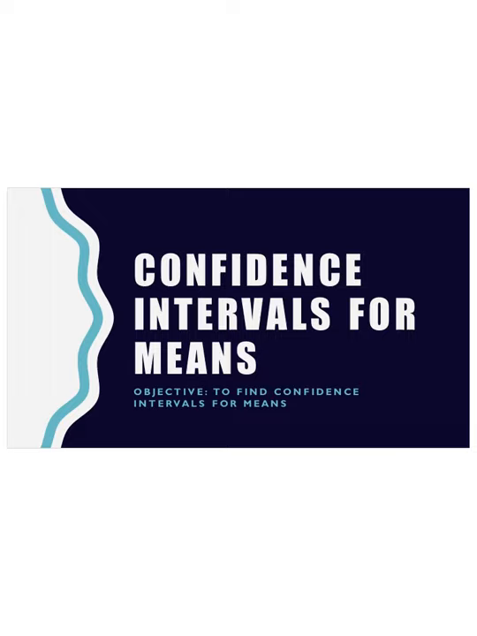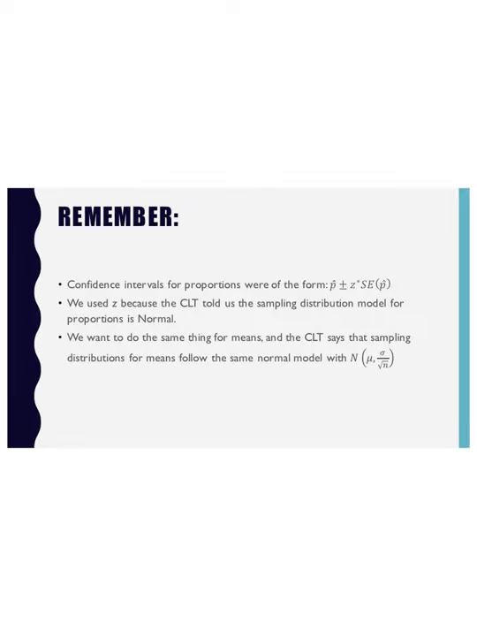Today we're going to find confidence intervals for means. Remember, for confidence intervals for proportions, we use p hat plus minus z star times the standard error of p hat. We used a z for critical value because the central limit theorem told us the sampling distribution model for proportions is normal. We want to do the same thing for means, and the central limit theorem says that